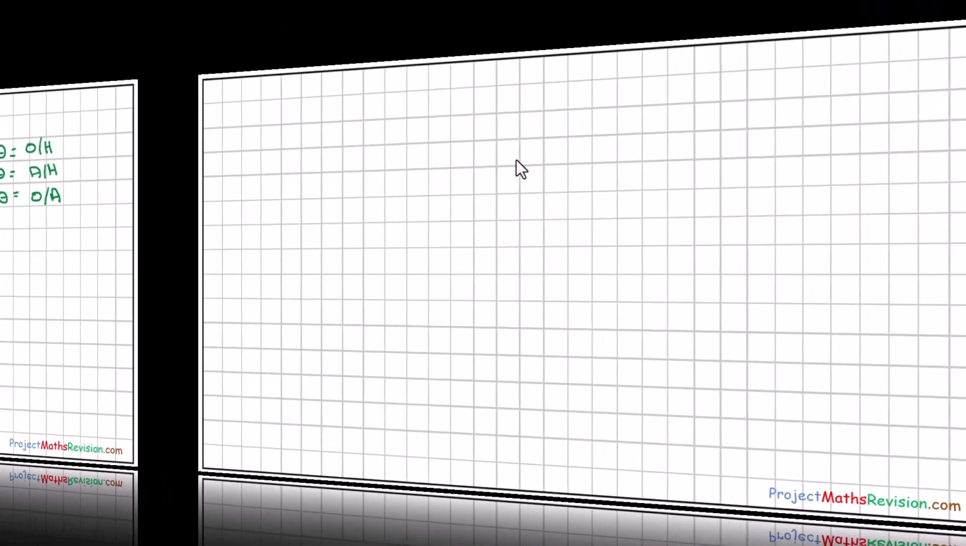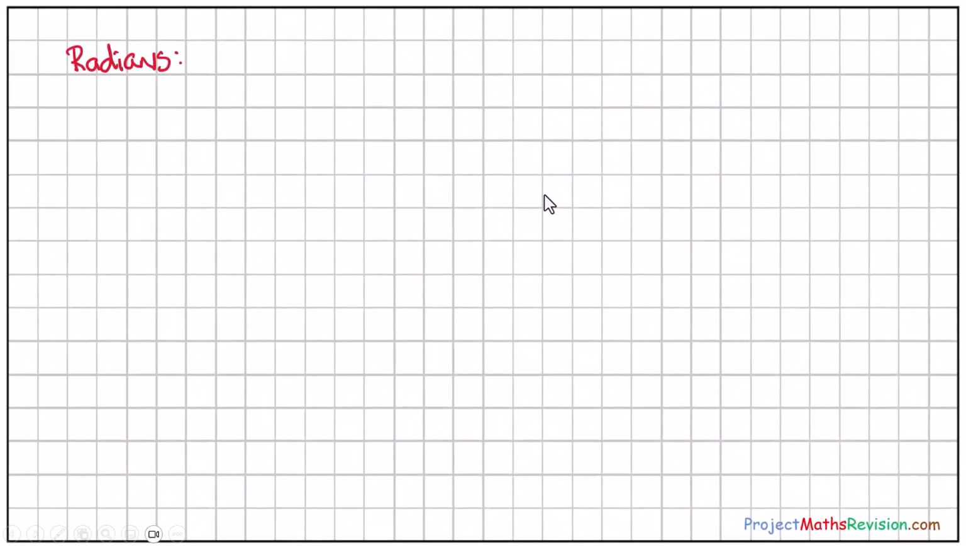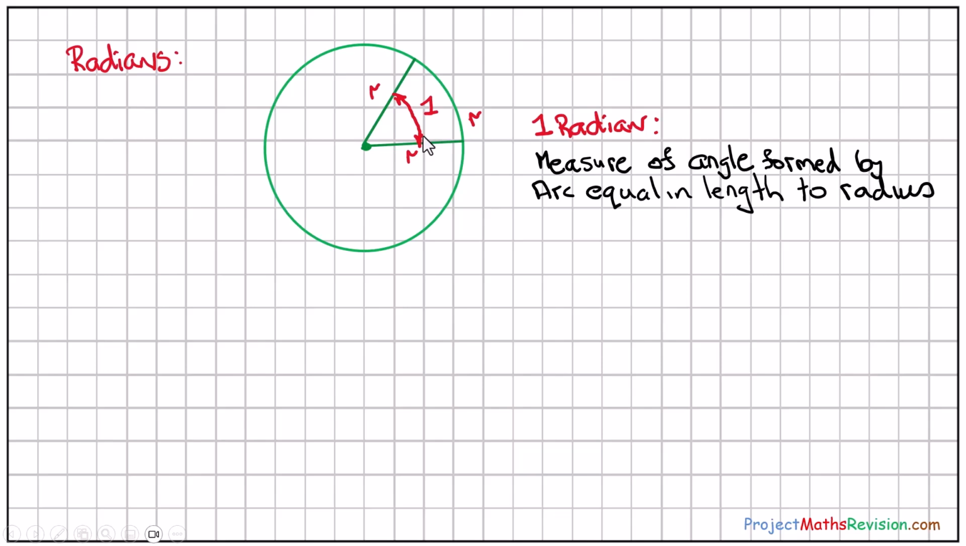Now, another important measurement is radian or radians. If we have a circle as shown with a radius r, then we can define 1 radian as the measure of the angle formed by the arc equal in length to the radius. In other words, if the length of this arc is r, the same as the radius, we have rotated